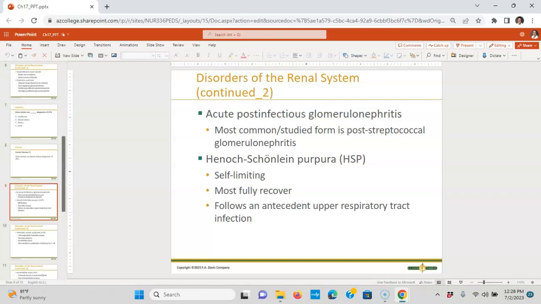So in your book on 413, you can see the painless hematuria, tea-colored, cola-colored, or bright red, proteinuria, oliguria, hypertension, edema, anorexia, as in not wanting to eat or not being hungry, upper respiratory or skin infection, pulmonary edema,